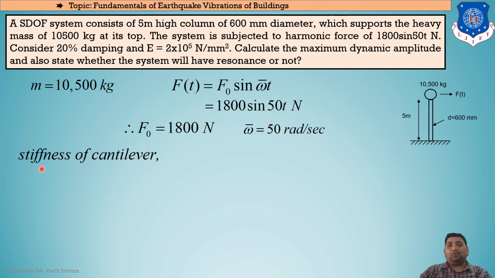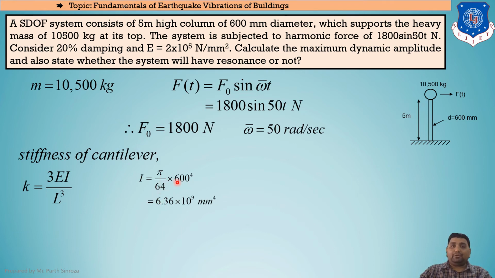Now we will be finding the value of omega. To find the value of omega, we need stiffness and mass. Mass is already given, so now we will be finding the value of stiffness. As you can see here, one end of the structure, the column, is fixed and the other is free, so it will be behaving just like a cantilever structure. Stiffness of a cantilever will always be given by the equation 3EI by L cube. Again, E is given, but I is not given, so now we'll be finding the value of our moment of inertia. Moment of inertia for a cylindrical body is pi by 64 d raised to 4.